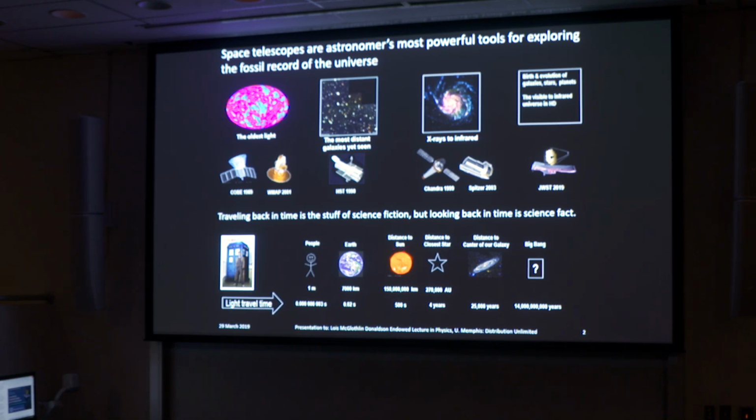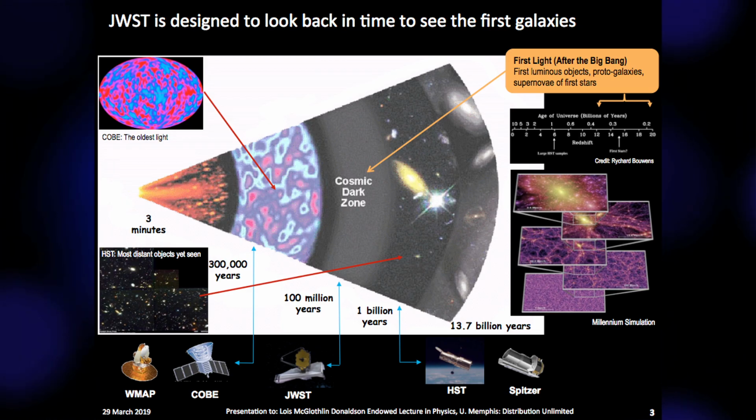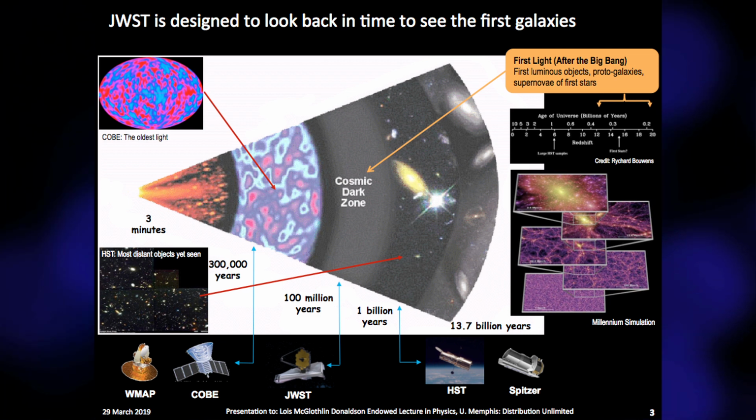For example, if we had a magic switch that would turn off the sun, we wouldn't know anything happened for 500 seconds because that's how long it takes for the light to travel from the sun to the earth. And if we look at the closest star, we see that star as it was 4 years ago. And as we look at more and more distant objects with telescopes, we look farther back in the past. And looking back in time with telescopes is much of what modern astronomers do.